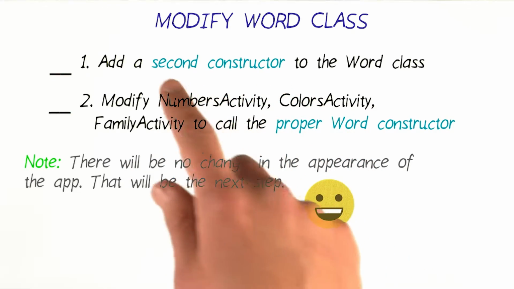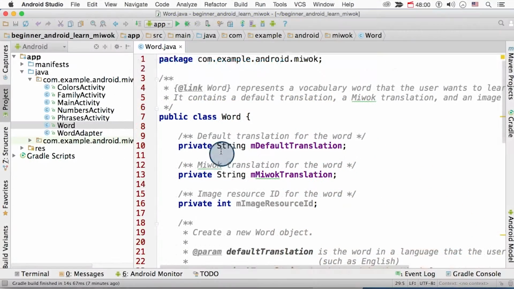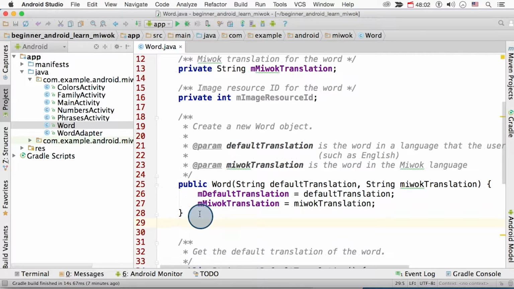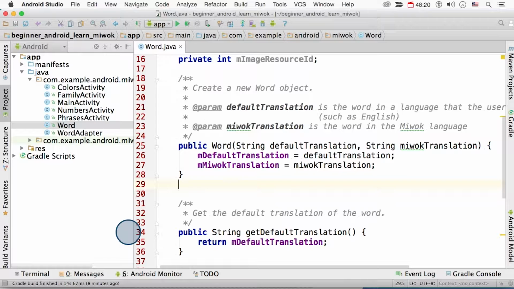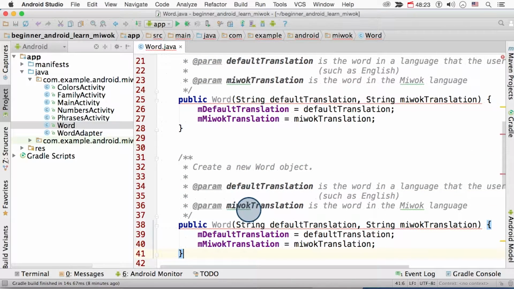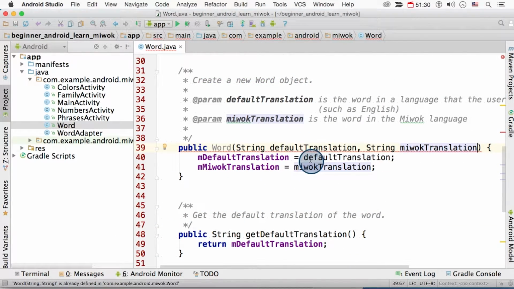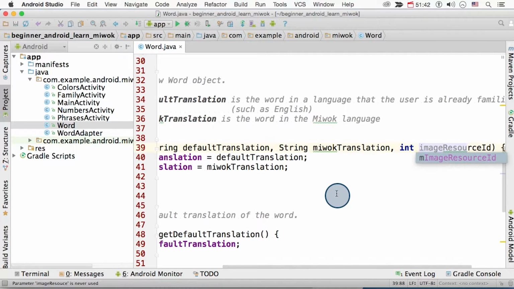So for the first task, we should add the second word constructor. Now here in my word class, I'm going to copy and paste the existing constructor and work off of that one as my base. Remember to copy the comments as well. So copy and paste. This second constructor will take in a third input, which will be the integer image resource